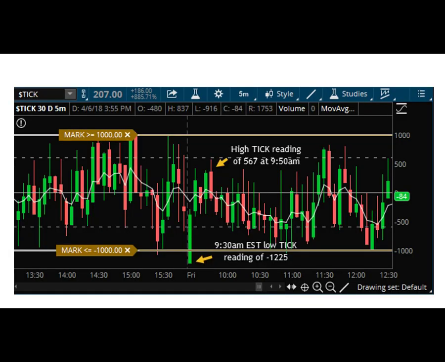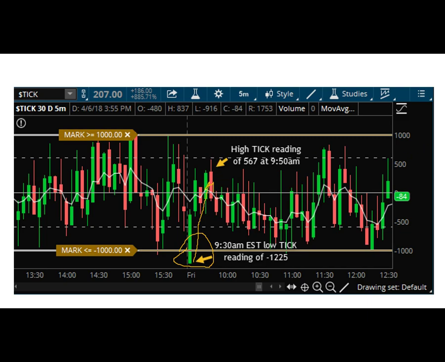Okay, let me get a different ink color here on the pen so you can see it on these dark backgrounds. I have a dark background on my charts, so here's one example. Here is the 9:30 candle right here, and it opened with a reading of negative 1225. So this would have been a sell-off throughout the evening and overnight. So we opened at negative 1225, and as you can see, the ticks then made their way up like so